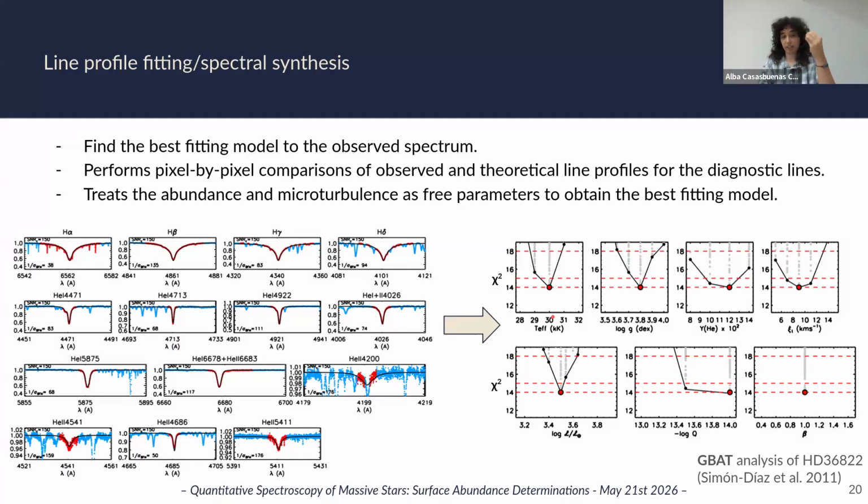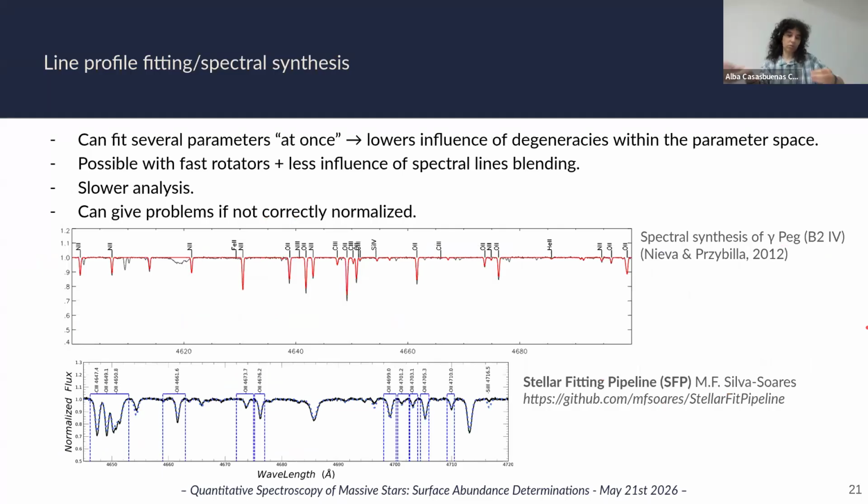In this case, it finds at the same time the parameters: temperature, gravity, the helium abundance and the microturbulence. With this methodology, we can fit several parameters at once, which lowers the influence of degeneracies within the parameter space. This methodology is also possible to do with fast rotators, and it has less influence of spectral lines blending with each other. However, the analysis is slower because you have to do the pixel by pixel analysis of the line profile with a lot of